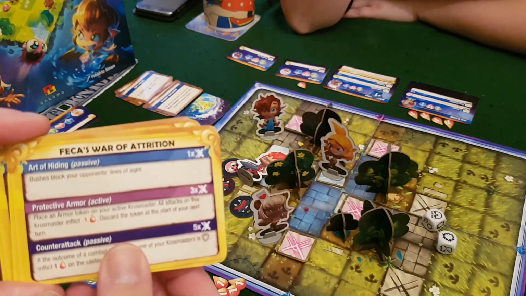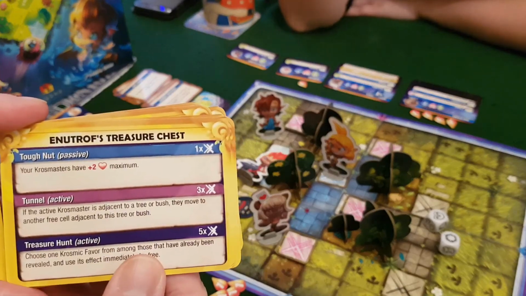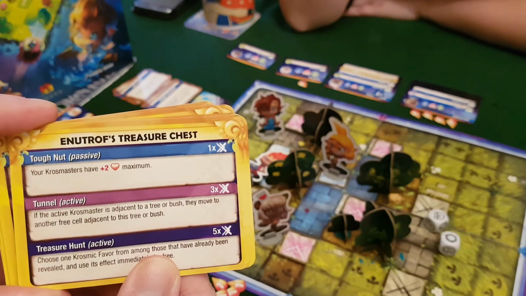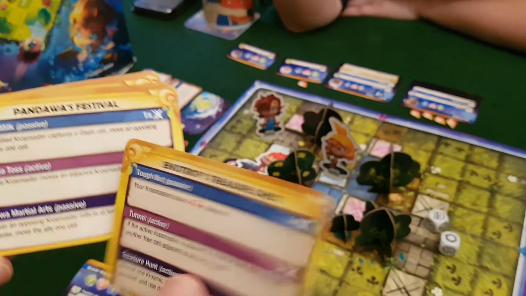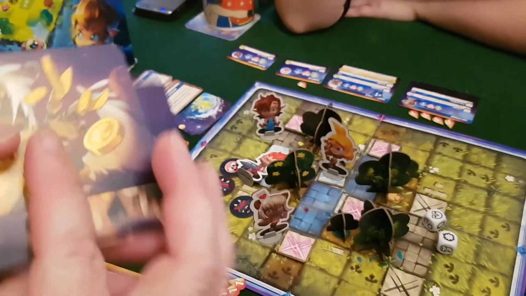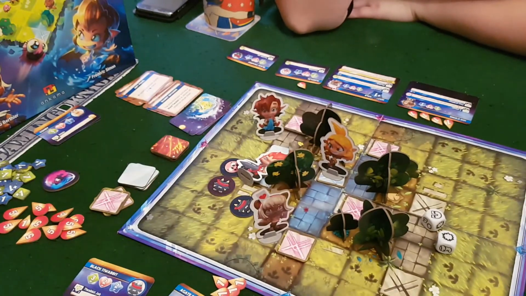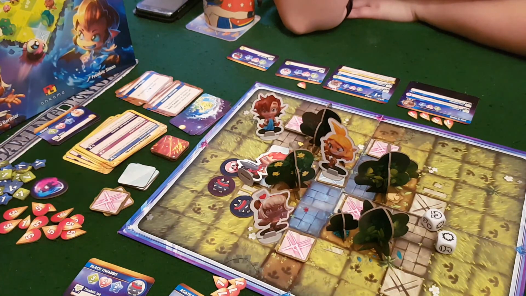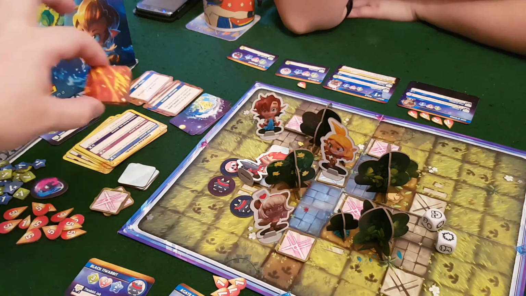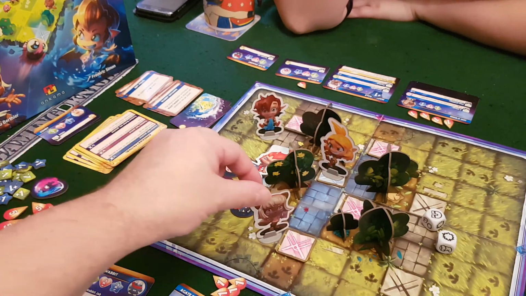You got, like say, this one, Fekir's War of Attrition, Unturov's Treasure Chest. Ha! Your Krosmasters have +2 health maximum. That's cool. And they all have different individual artwork on the back as well, which is really cool. So look at that. Artwork in this game is great. The miniatures come pre-painted, so there's that. There's obviously a lot of other effects we didn't show you. There's lava effects, and there's other little minions. There's loads of other